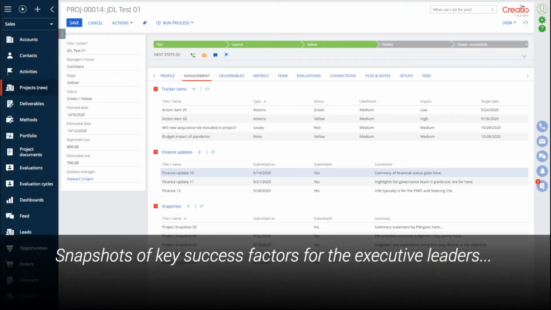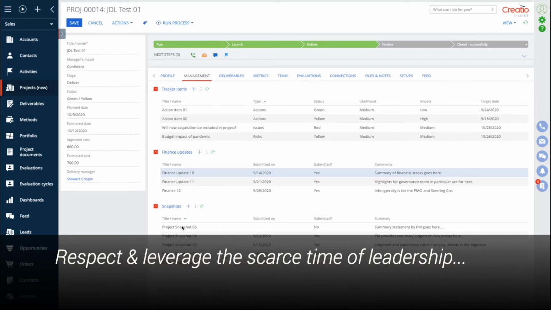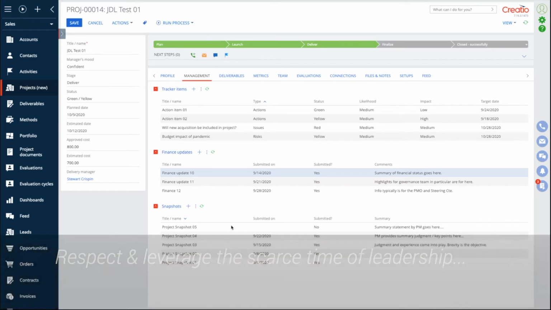The snapshots are critically important. They are for executive communications and management. The snapshots here are to enable those with the ultimate decision rights, the ultimate authority, to separate signal from noise. In other words, the snapshots allow the executive team to hone in on that which most needs their attention.